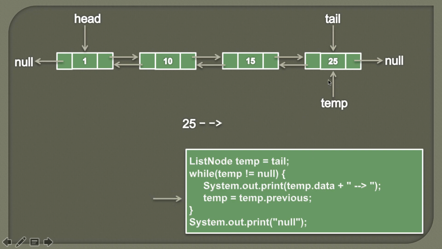In order to traverse the doubly linked list backward, we will assign the value of temp's previous node to temp. So it would look something like this. Now as temp points to the third node, it's not null, so the condition in the while loop comes out to be true. We'll simply print the data associated with this temporary node. And then we'll assign the temp.previous value to temp. So we'll move one node backwards.